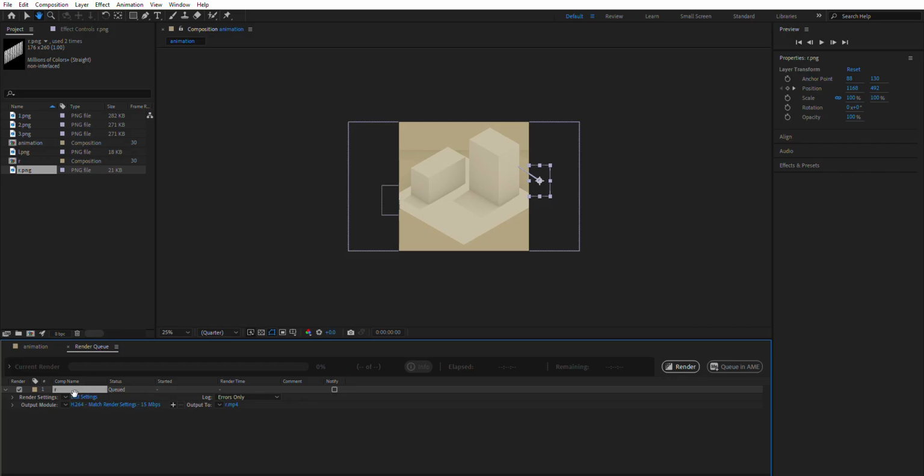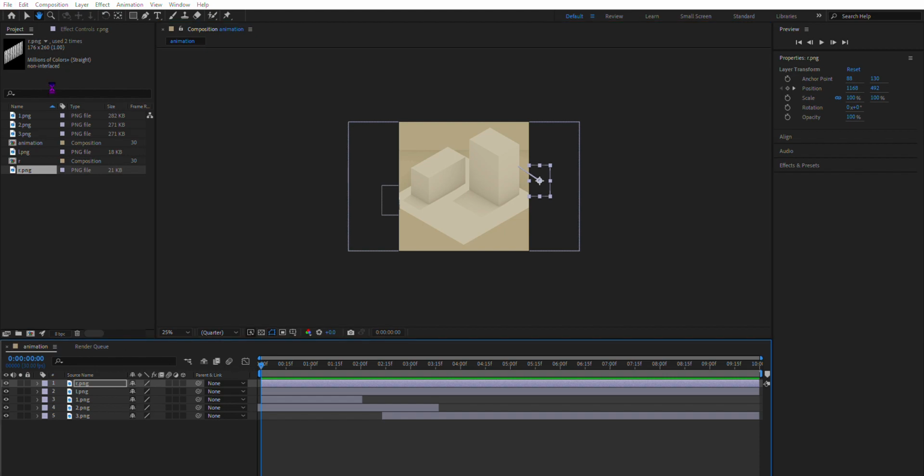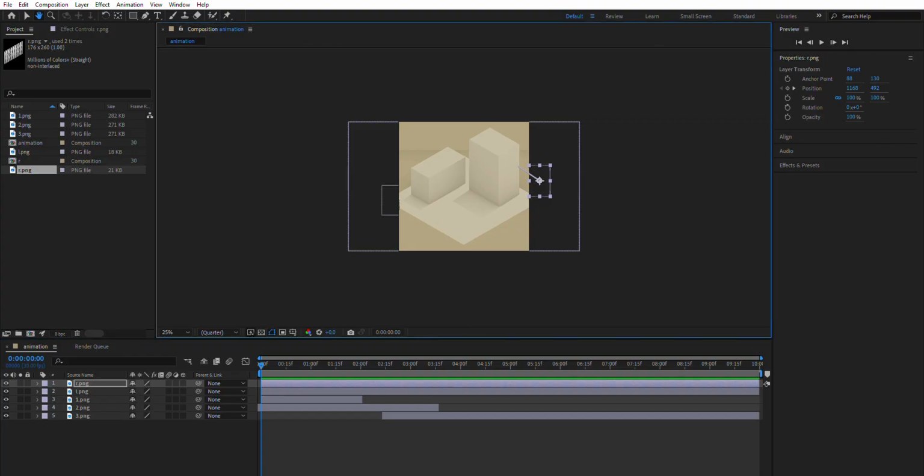Always use the best settings. Okay, and then you can also choose where you want to output to. Okay, so wait, let me just save the file. Something is hanging. Okay, so sometimes